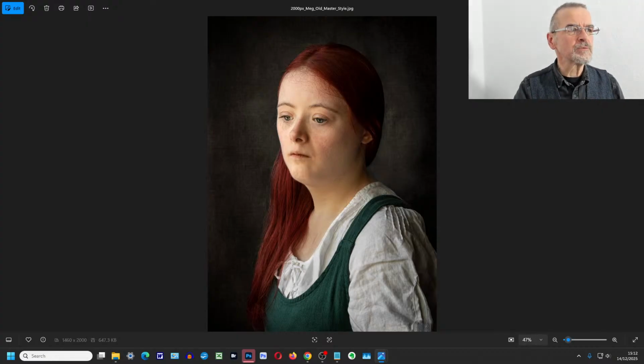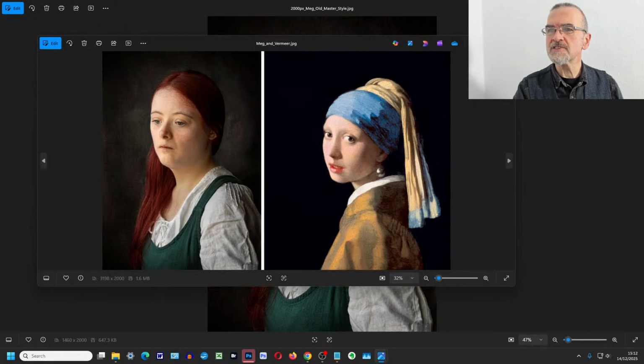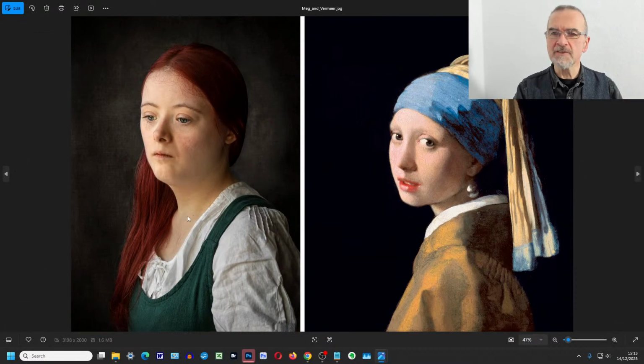Actually, I tell you what, there was another version of this that I had, because people kept saying, oh, it looks like a Vermeer. It doesn't. This is the Vermeer. This was the one everybody was thinking of, Girl with a Pearl Earring. But basically, you can see here that the lighting isn't that dissimilar. It's slightly brighter sunlight, maybe the light coming through the window, but you've got shadow, you've got depth, you've got an angle.